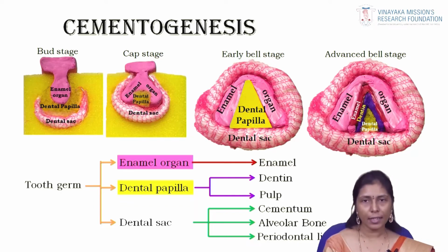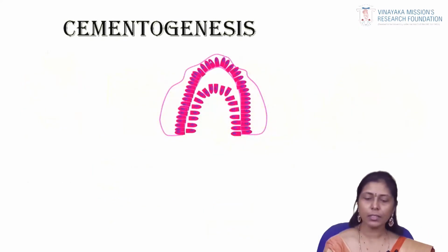As soon as a layer of dentin has been formed, the ameloblast cells are going to secrete enamel. So the dentin is produced and the odontoblast is going to move inside, and the ameloblast is going to secrete enamel and move outside. The deposition of hard tissue of the tooth is going to begin at the cusp tip. From the cusp tip, as it reaches the cervical portion, you can see here in this picture